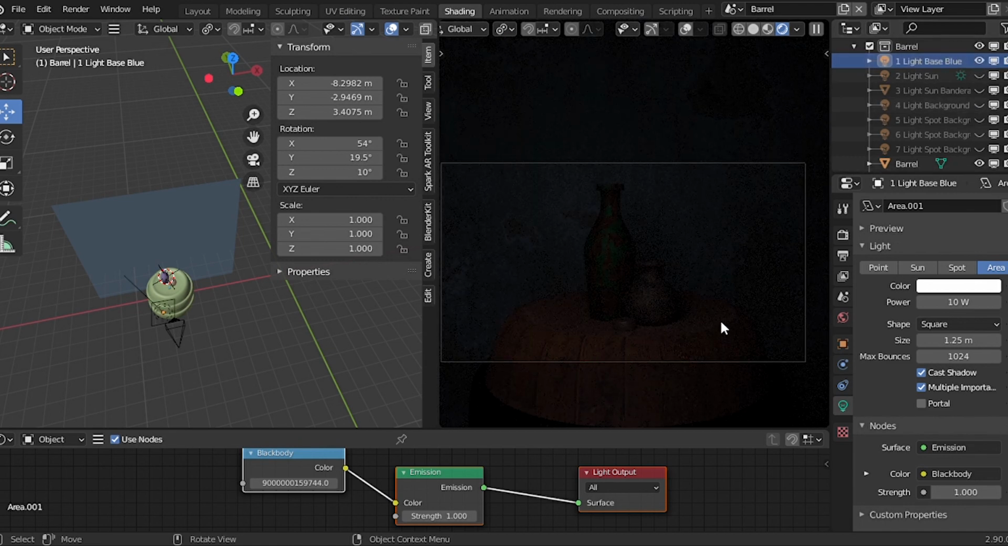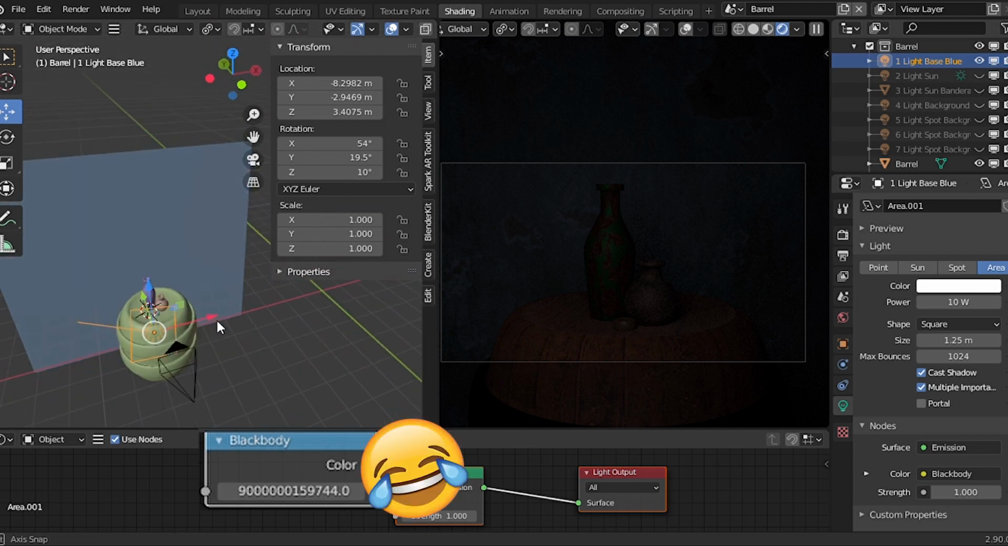To start I put a basis light that hits the whole scene. This is a really cool light. As you can see, I might have overdone it with the number in the black body node,